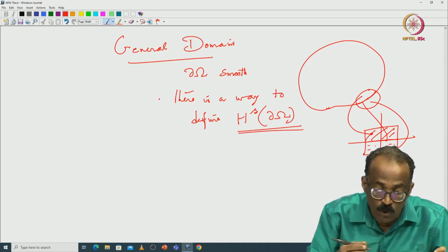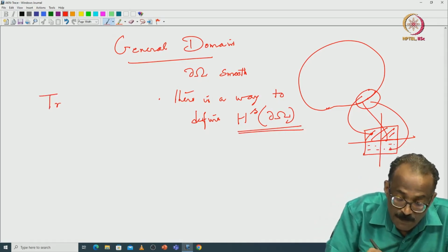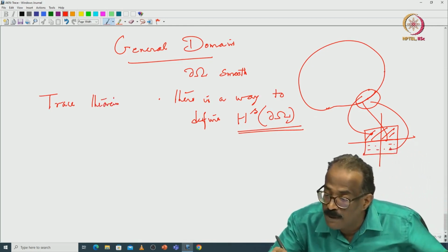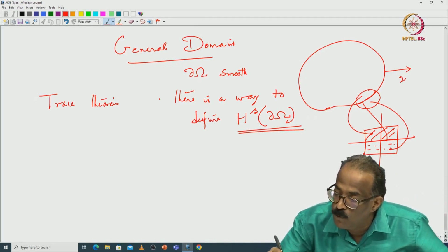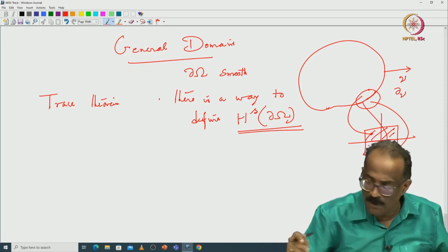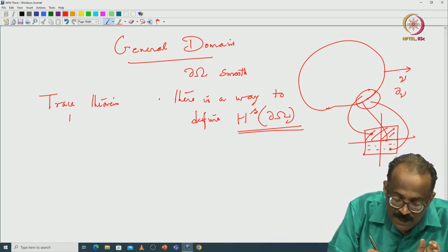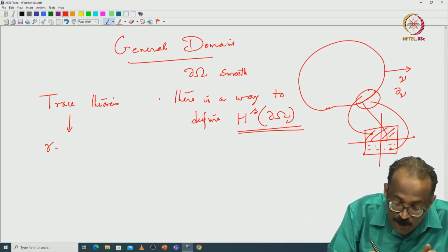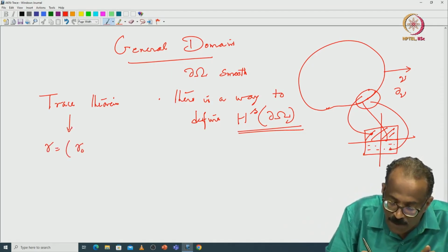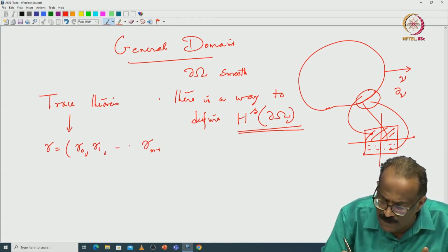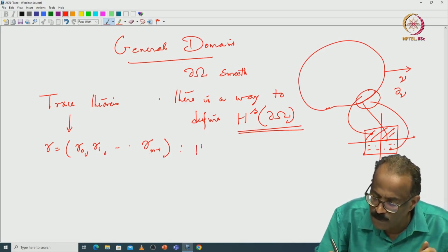With that you can define the trace theorem. Let me not write everything. You will have a normal derivative with respect to nu, and you have all these L2 measures and things like that. So you have the trace theorem. What it tells you is that you have trace operators gamma 0, gamma 1, up to gamma m minus 1 from Hm of omega